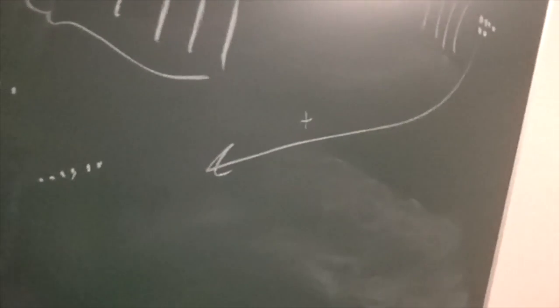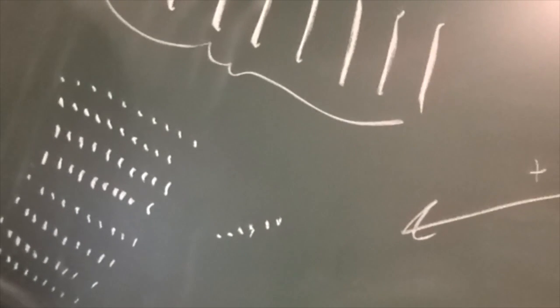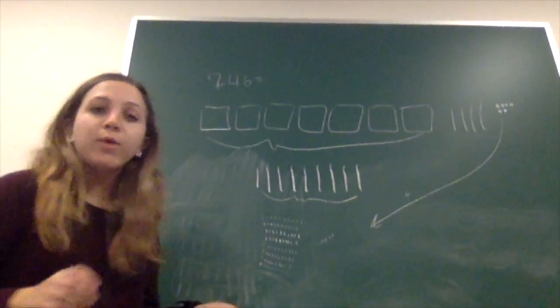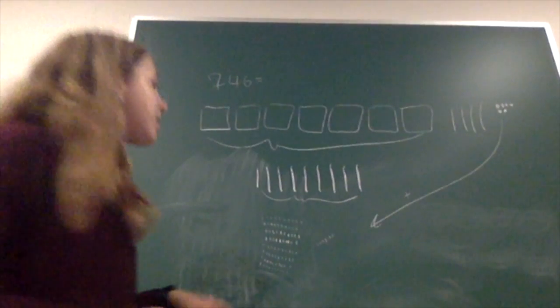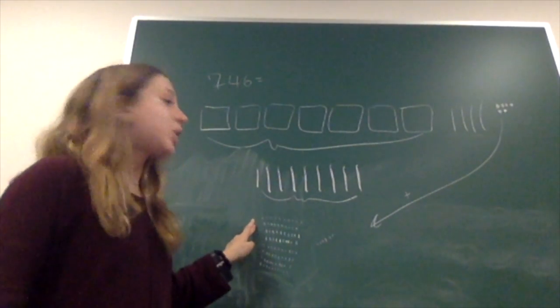So now I have regrouped these 9 tens into 90 ones, but I also still have those 6 ones that I had originally from the 746 cupcakes that I'm going to add to the 90 ones, because we haven't figured out how to equally share those pre-existing 6 ones. Now I need to figure out how I'm going to equally share these 96 cupcakes onto